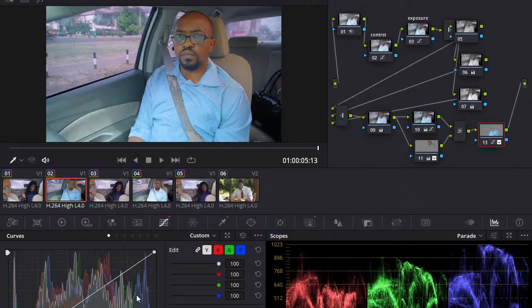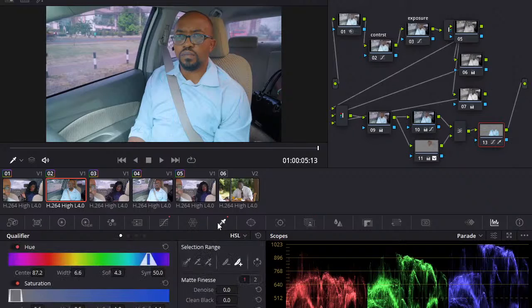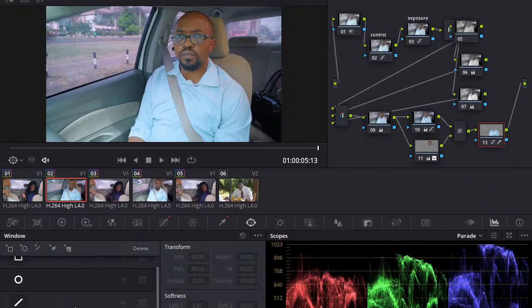isolate. If you're not using DaVinci Resolve 17, then I would say let's reset this. Then I would say maybe create your own custom mask. So in this case, I would draw a mask here. You know, he's not moving a lot. That's the good thing. So we can get away with a lot by just tracking his movement because he's not really moving that much.